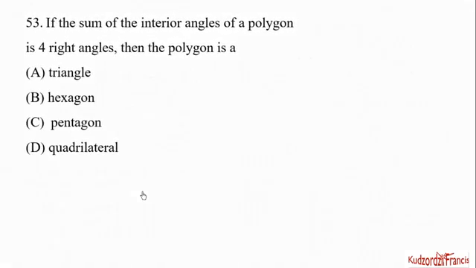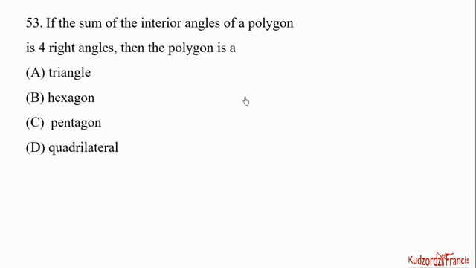Then item 53. If the sum of the interior angles of a polygon is 4 right angles, then the polygon is